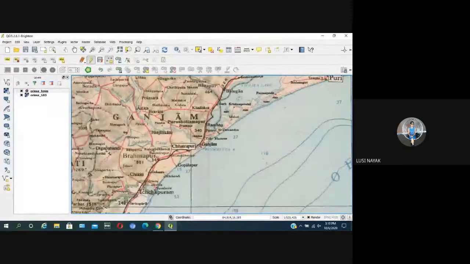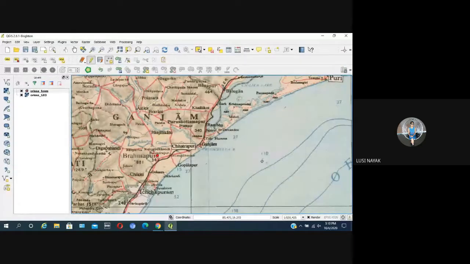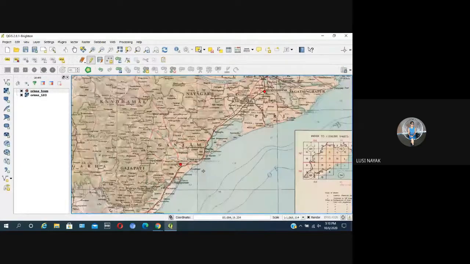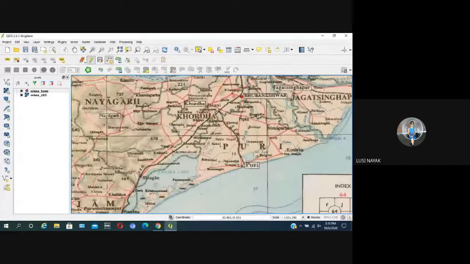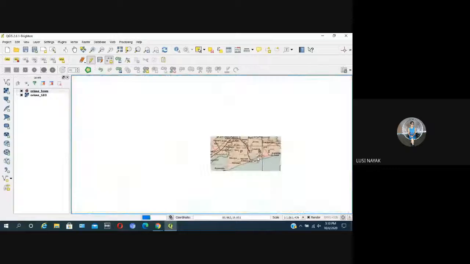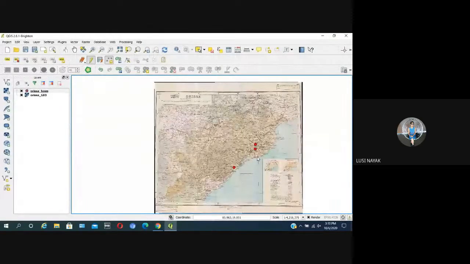Here, one thing I want to make clear for everybody. Once you are zooming in or zooming out, sometimes it happens that you will zoom in to a great extent or zoom out to a great extent, so that your screen will be blank and the map will not be visible. Zoom out more. You see, everybody see this.